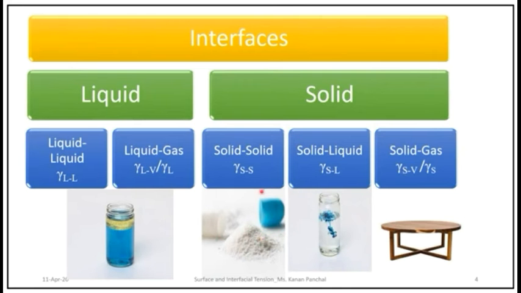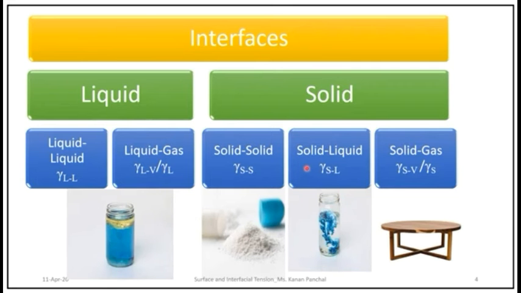The next method is the Du Noüy tensiometer, that means the ring detachment method is used. In this, the apparatus works on the principle that the force necessary to detach a platinum or iridium ring from the surface or interface of two immiscible liquids is proportional to the surface or interfacial tension respectively. γ = (P + β) / 4πr, where P is the pull exerted through the torsion wire on the ring and β is the correction factor.